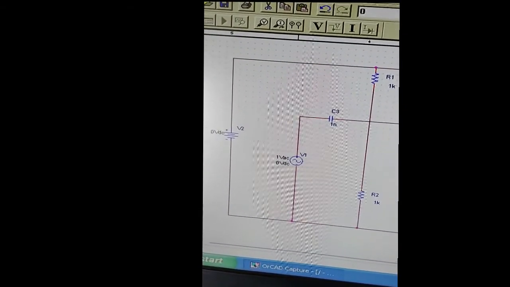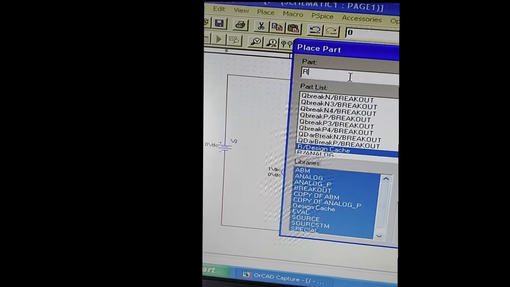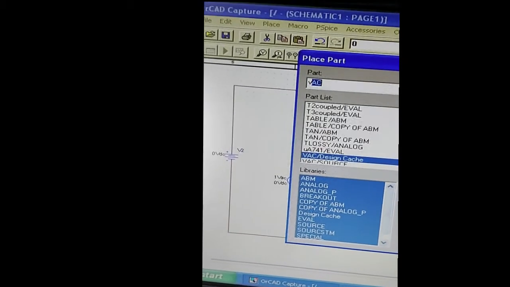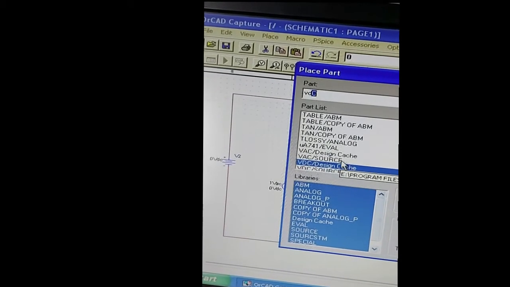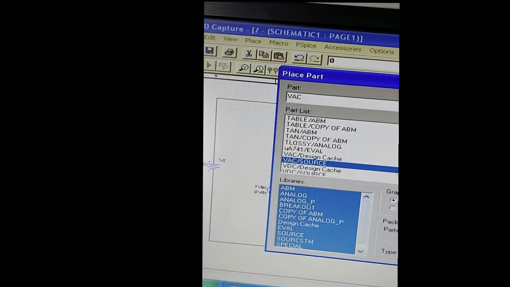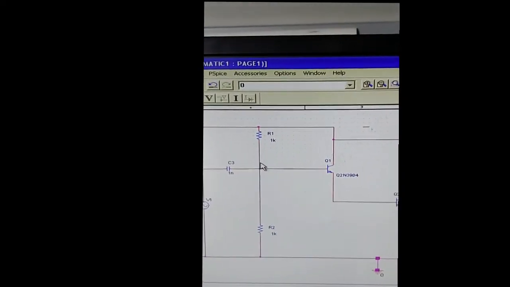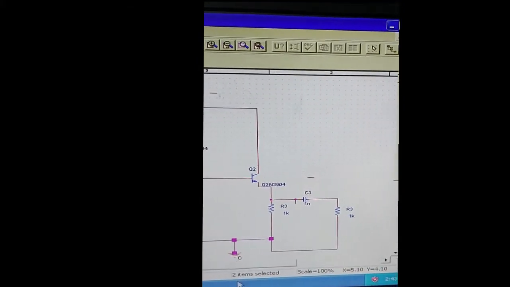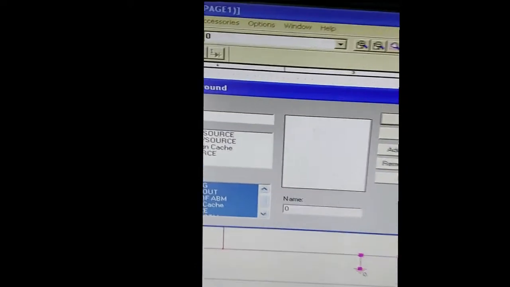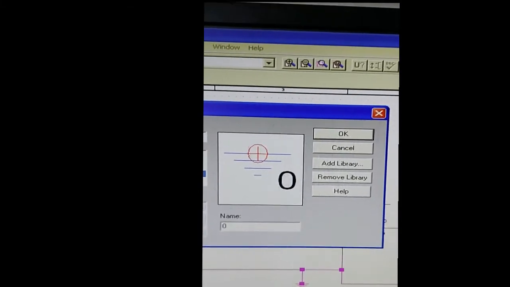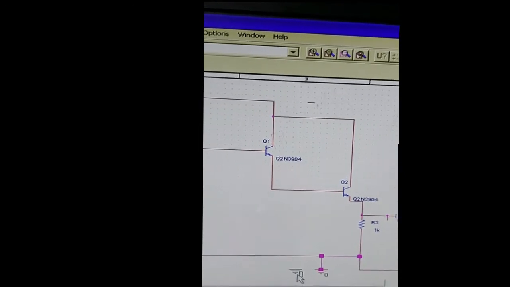We connect the DC source. Everything is got from here. Just select place part, and if you want the DC source, just type VDC. You get the VDC source. Just select that. Similarly, you also have the VAC source. Select both because we need both here. Then the capacitors and resistors are placed, and as shown earlier, the wires are pulled in, and finally we connect the ground which is present here. For ground, we need to select this zero source, then just give OK. I've already placed the ground over here.